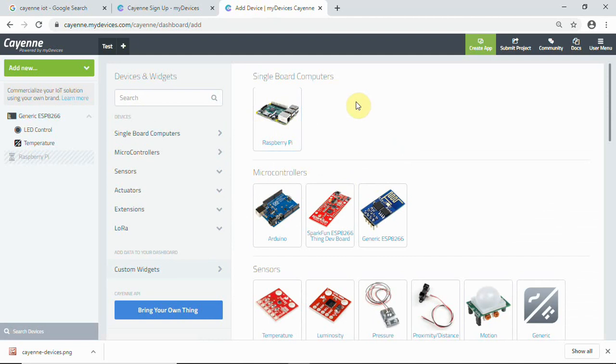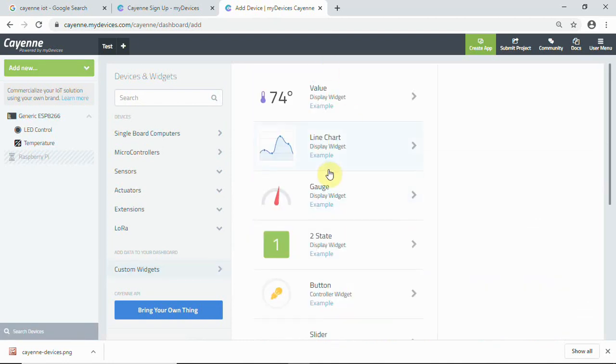In device widget, you can see we have more boards also, you can even use Raspberry Pi, Arduino, ESP32, and ESP8266 and more. And we have more sensors to be interfaced, and custom widgets, and more to see in this cloud. We have a mobile development platform, and there's a free cloud which you can use for your projects.